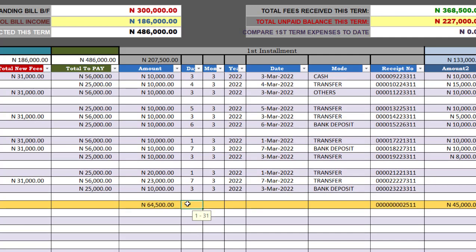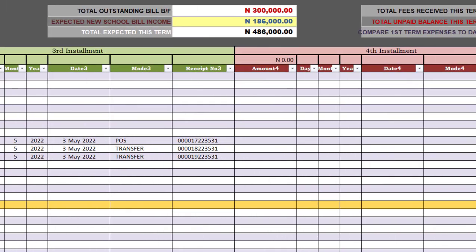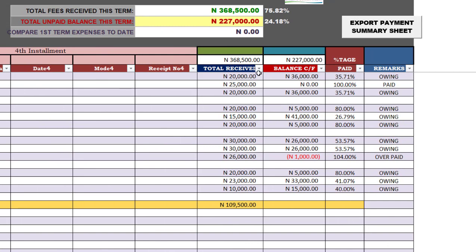It was paid on the 2nd of probably August 20, and then the mode of payment was POS. So at this extreme right, you find the total received, total payments that have been made by the student or child, and then the balance is going to be the total to pay subtracted by the amount that have been paid. And then you can see some other